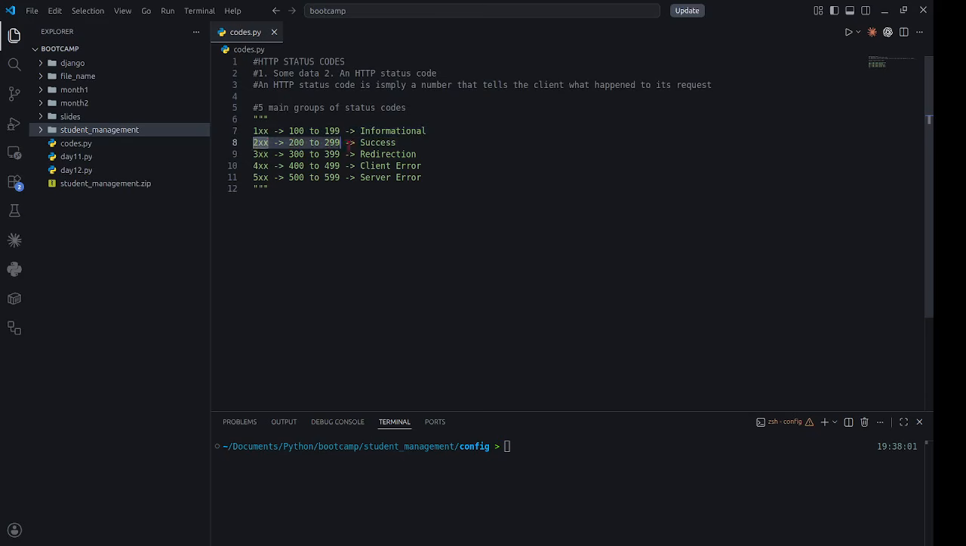And then we have 2xx. This is one of the most important groups for backend developers. For you as a developer, this is one of the most important groups. So the 2xx range means that the request was successful. So let me say 2xx